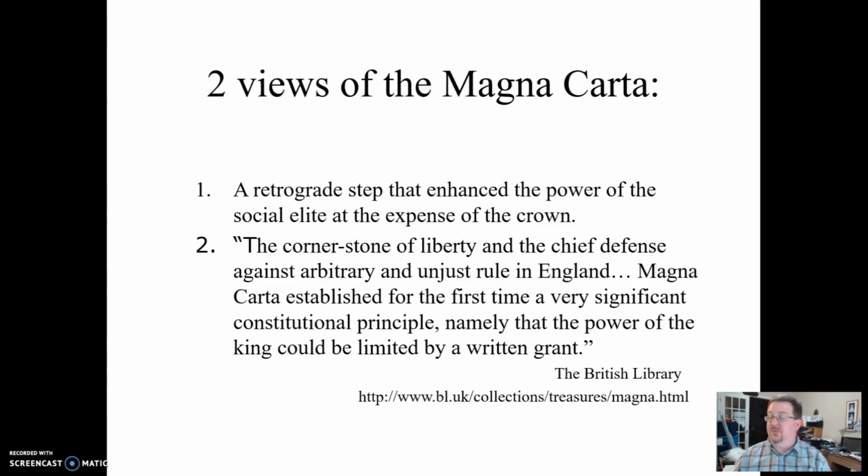As stated by the textbook this class used to use, some historians see it as a retrograde step that enhanced the power of the social elite at the expense of the crown. On the other hand, the more typical popular view is that it's a cornerstone of liberty, much like the US Constitution, which limits the power of the government. Just thought you should know there are those two different views of the Magna Carta, and it really depends on if you see the best political move being to concentrate political power, or if you'd like to put limits on